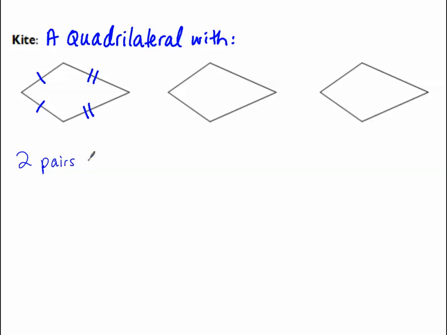Two pairs of consecutive, remember what consecutive means, next to each other, okay, two pairs of consecutive sides congruent. That defines a kite. Now, if we have the two pairs of consecutive sides congruent, just consecutive sides, not opposite sides, that gives us other properties for a kite,